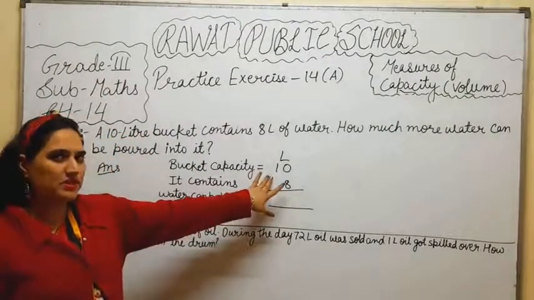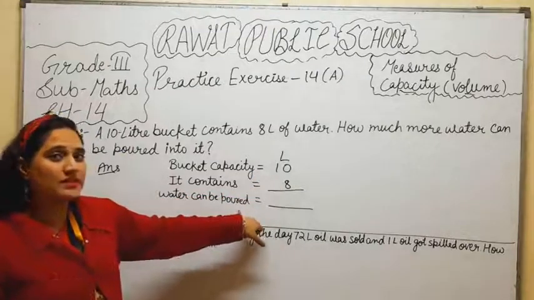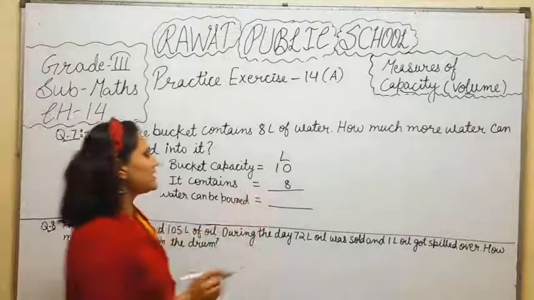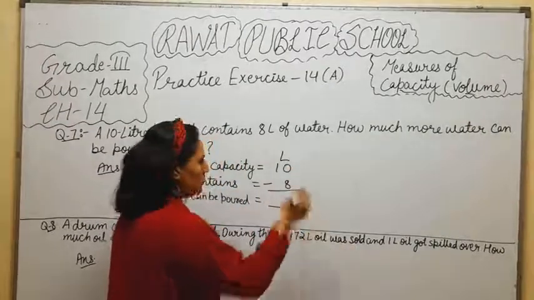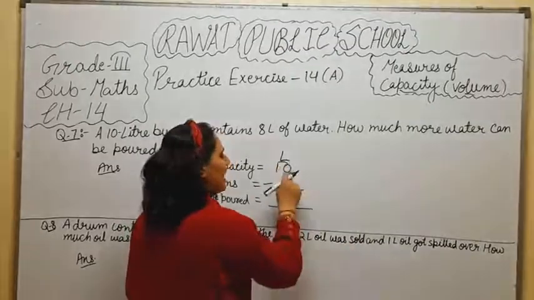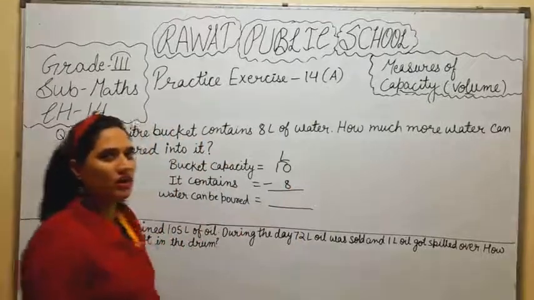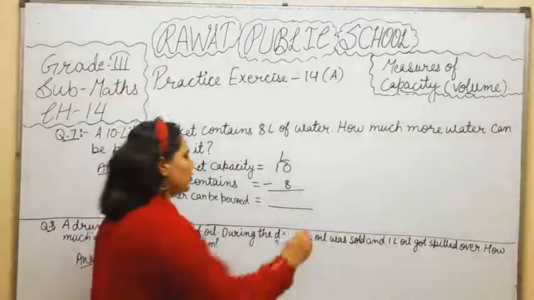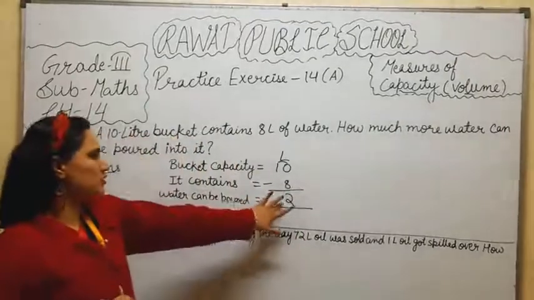and 8 it contains. So हम और कितना भर सकते हैं? So we have to subtract these two numbers. So we can't subtract 8 out of 0. So we'll give one carry to this and it becomes 10. So 10 minus 8, what do we get? It becomes 2. 2 is left here. So 8 plus 2, 10.